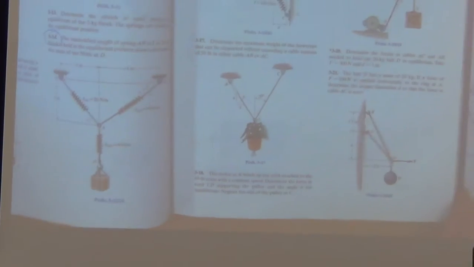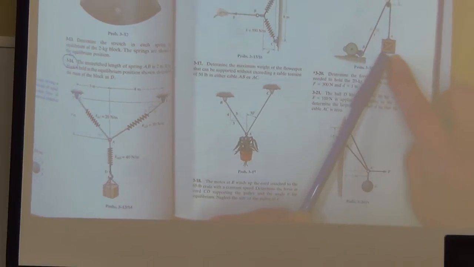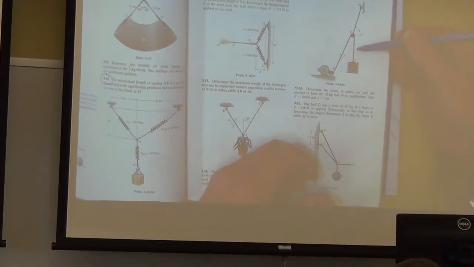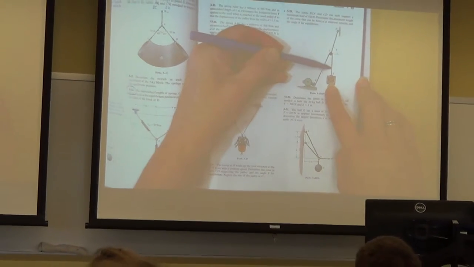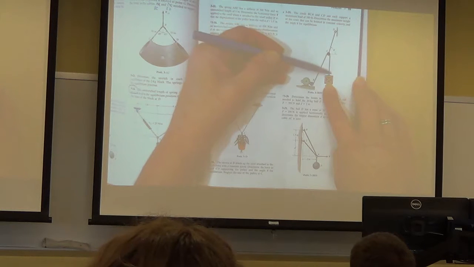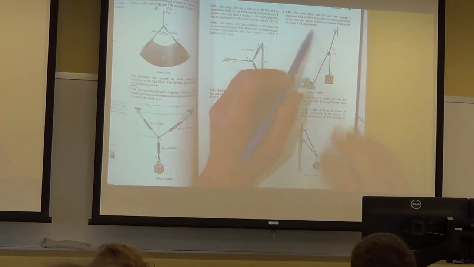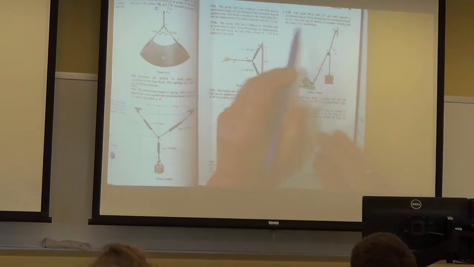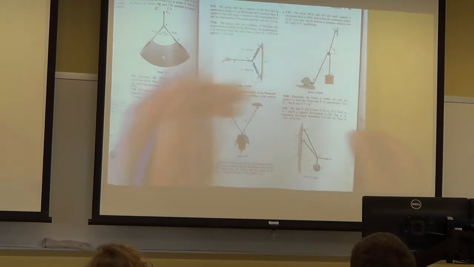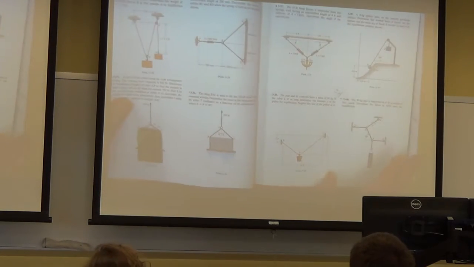Now look at all these problems, let's see. Here, how about this one? We have a block. What force is in this tension? The weight of the block. What force is in here? The weight of the block. This we can find, but actually I think this is a maximum problem. So they're telling you 100 pounds. But go through all these and come and see me, and I can help you set them up